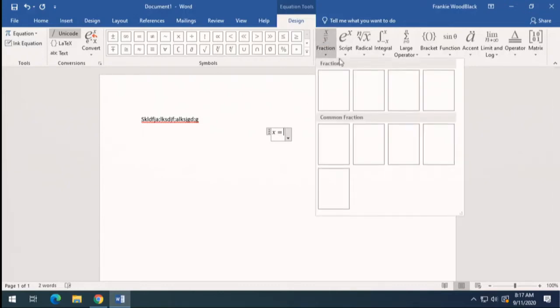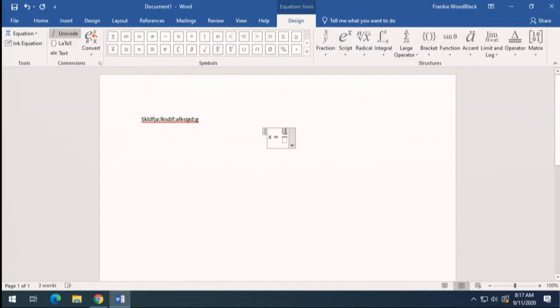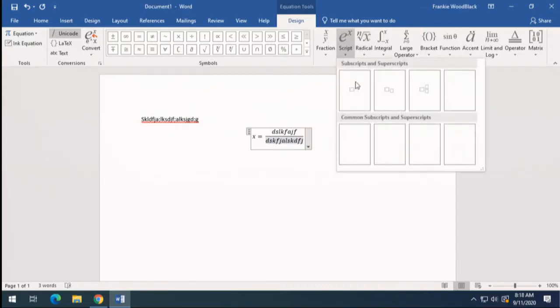can type in fractions, and it gives you your fractions. So now you can put stuff at the top, and you can put stuff at the bottom. You can do superscripts and subscripts. So if you're doing chemistry type things, this is handy. This is totally handy. And for those of you who may be going on to do biology type stuff and